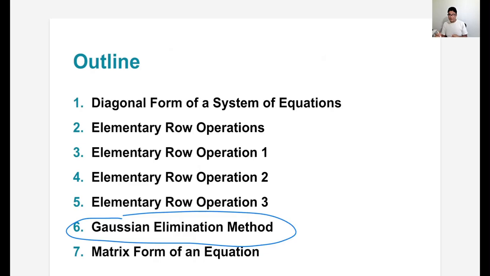And in these slides and in this video, we will only get an introduction to it, the idea of it, and maybe a simple example. We will be doing more of that in the next video. Okay, and in the process we will also be discussing the matrix form of an equation. Okay,